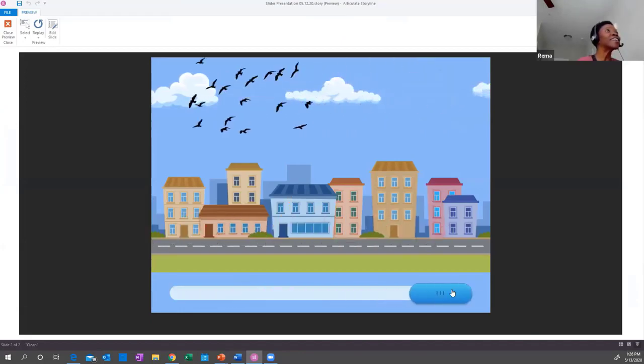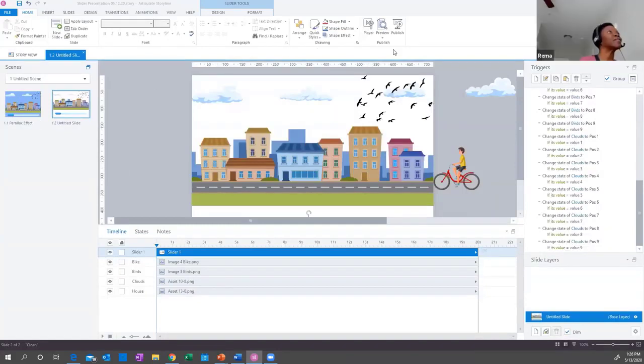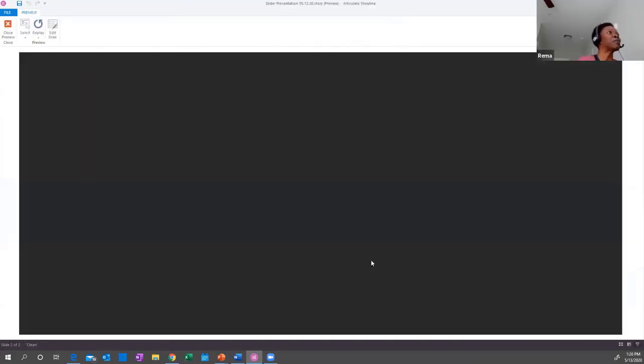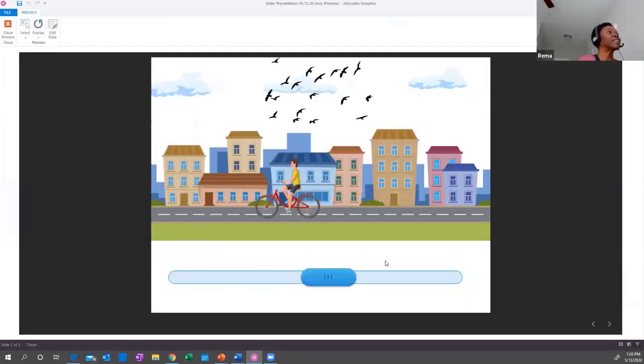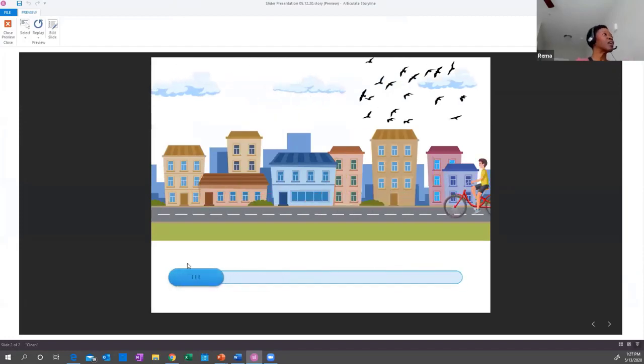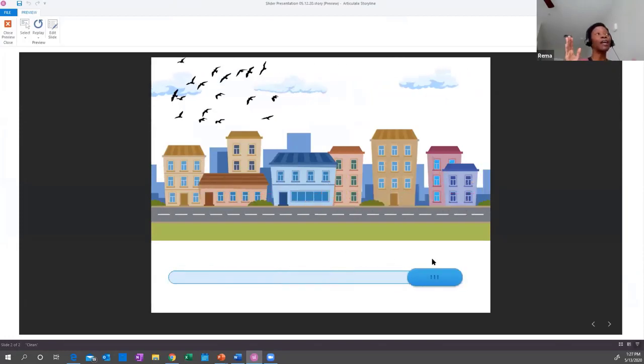Aha! There it is. Yay, very nice. Wait a minute. Let me make sure I did the right one. Yes, I did the right one. Okay. Yes, yes. I want to make sure it was not the old one. Right. So there it is. Very, very simple, not complicated, but you can make it as fantastic as you like. You can just do so much